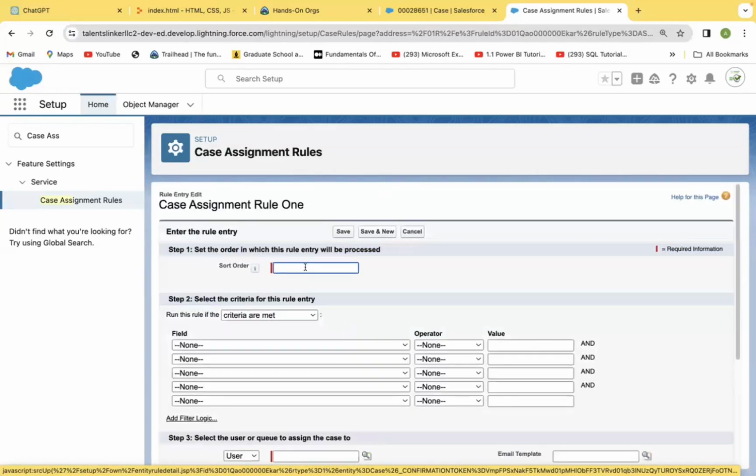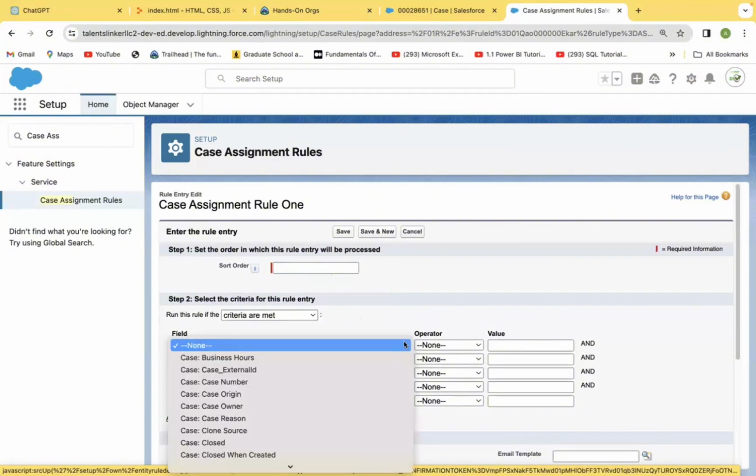This is where I can add so many criteria. I can do 1, 2, 3, 4, 5, 6 like that. But when you want to sort it out, which order do you want to follow? Is it the first one you want that rule to check first? It simply means that this case assignment, you can set it up to say, okay,